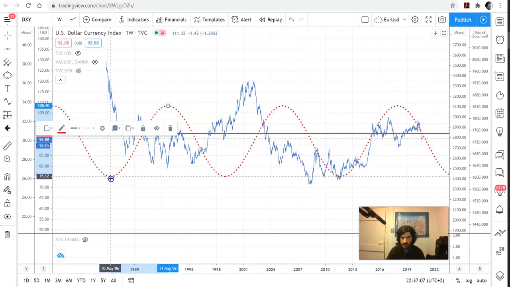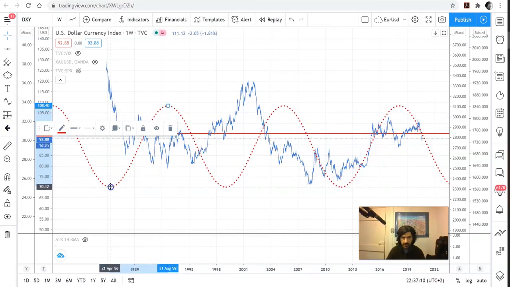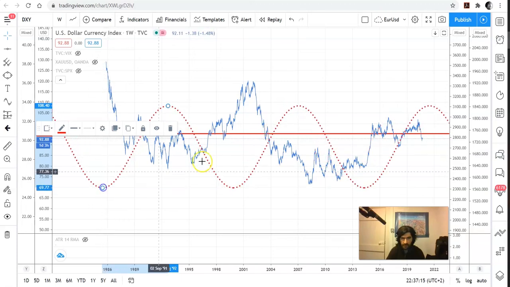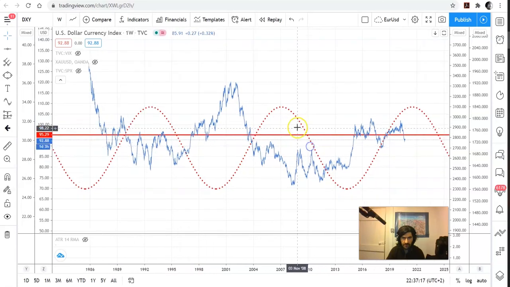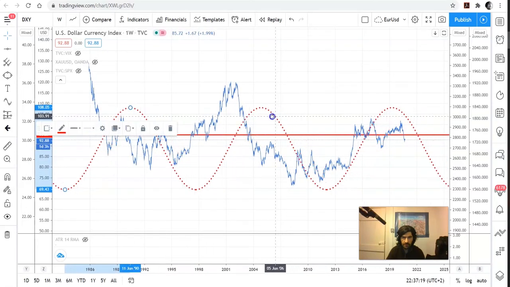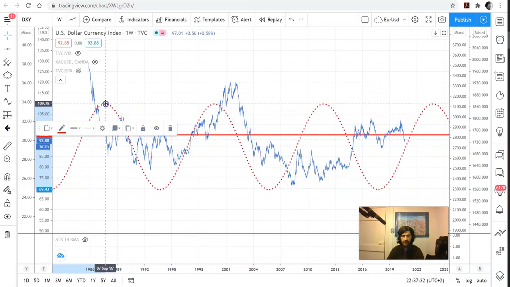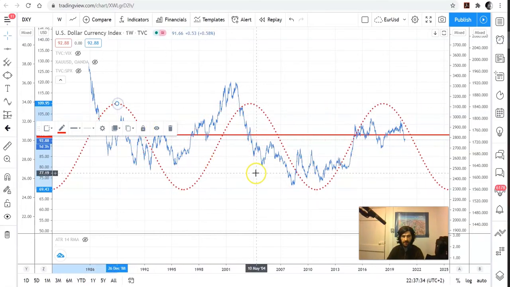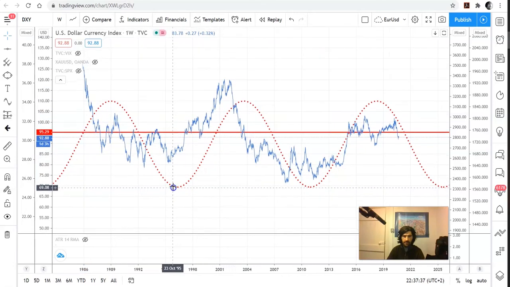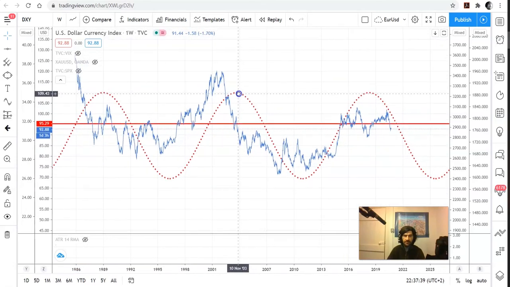But if we make this a little bit deeper like that, and then also a little bit wider as well, I'm just going to try and fit this whole price action, troughs as well. Okay, now we're trying to see if that whole curve fits in better with price. And I have a problem with that. I don't really think that that fits as much as the other one. So it could be that we're in an aperiodic time where price is not really. I'm probably doing this wrong, but you can see the difficulties in trying to match asymmetric price action to